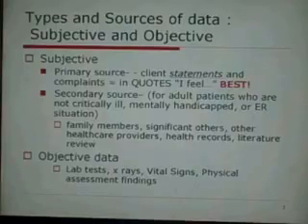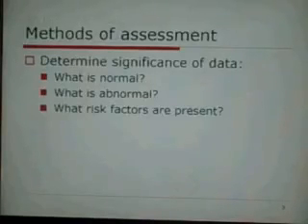The other large category of sources of data is objective data. And objective data are things that we can see or measure, but aren't the spoken word of the patient. So this would encompass laboratory tests, x-ray findings, for example, vital signs which we measure, and all of the data that we have collected through our physical assessment findings. Those would all go under objective data. And we use subjective and objective data to formulate a hypothesis for what their nursing diagnosis might be. The first step is to look